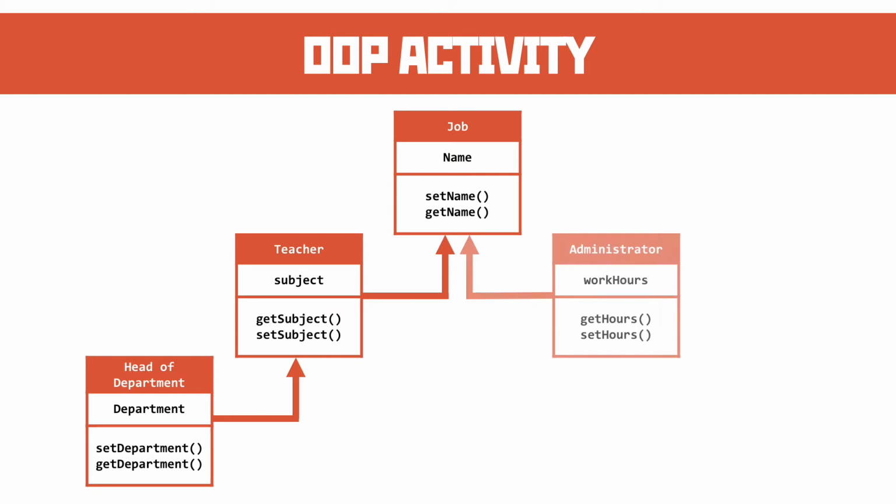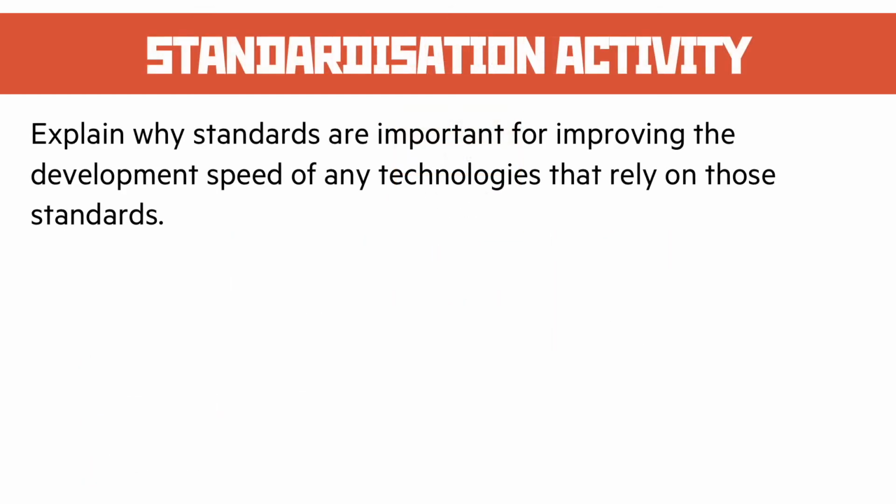Let's inherit again for the admin staff, and the important thing here is that's inherited directly from job. We need the name and we need the work hours. We've got name already due to the inheritance, so we'll put the working hours in there and we'll have getters and setters for that within it. And that's that. The standardization activity then, explain why standards are important for improving the development speed of any technologies